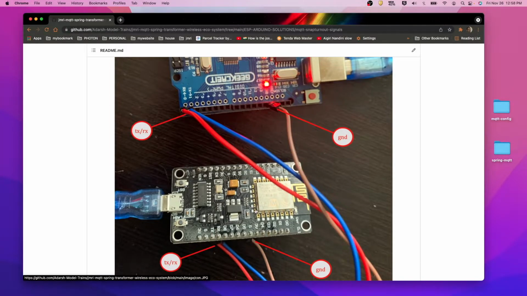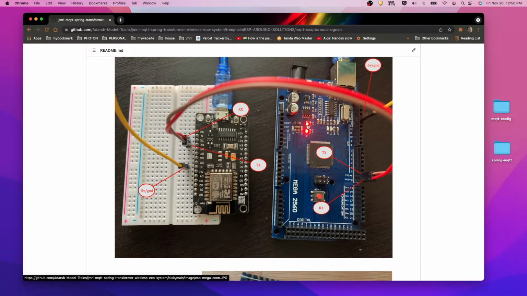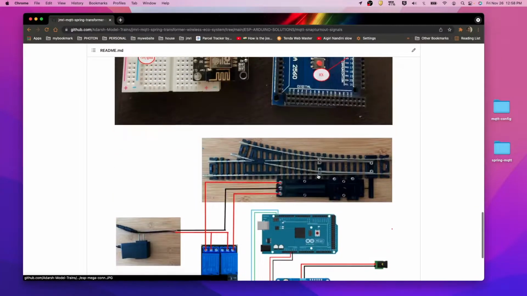In the Mega, the RX and TX pins have to be swapped: the RX from Mega should go into TX of the Node MCU, and TX from Node MCU has to go to the RX pin of Mega, and this yellow wire is a common GND wire.